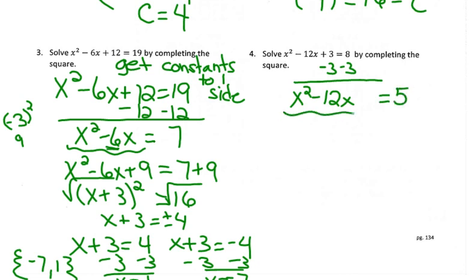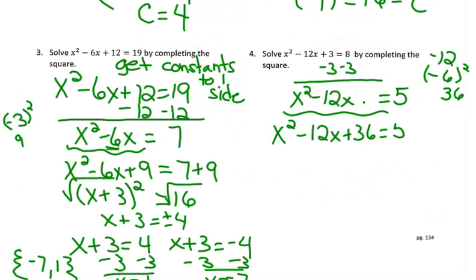Well, I want to turn this side into a perfect square trinomial. To do that, I have to complete the square. I know that b is negative 12. I have to take half of that, negative 6, and then I'm going to square it. That is 36. So that's going to get added here, and it also has to get added here. So my new problem looks like this. Okay, this can factor, and when I factor it, it's x plus 6 squared